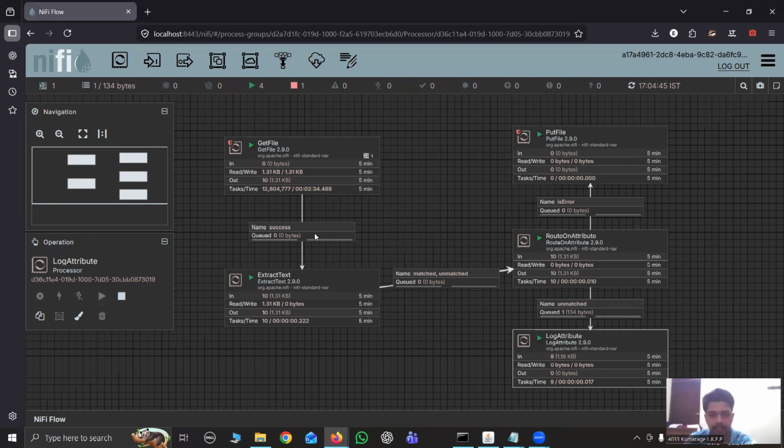As you can see in the NiFi canvas, all processors are running. The data flows from GetFile to ExtractText, then to RouteOnAttribute, and finally gets separated based on conditions. Now I will check the output folder,